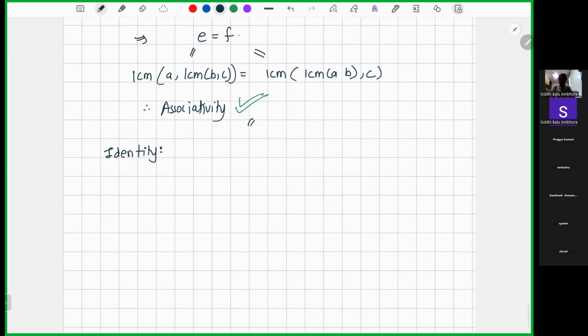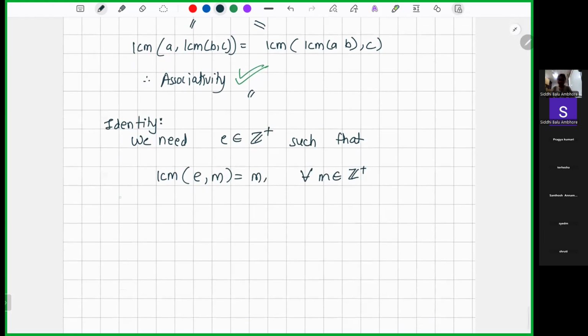And so what does identity mean? We need some E in Z plus such that LCM of E with any number is again that same number, for all M in Z plus. So what is your guess for this E? So this implies what? E divides M and M divides M, or what we say that M is equal to E